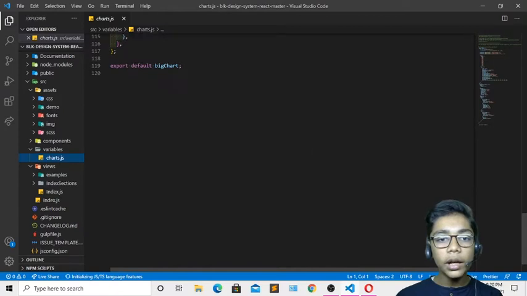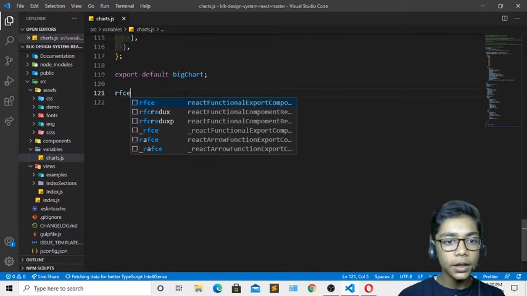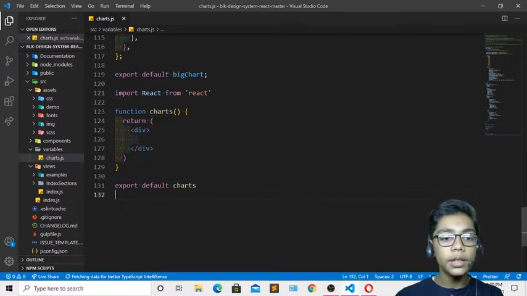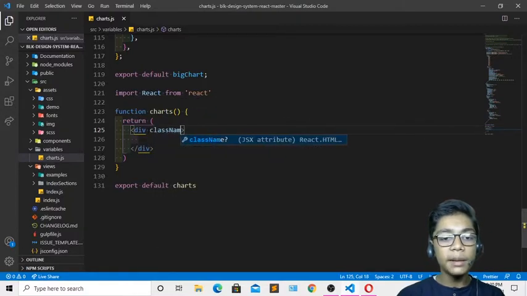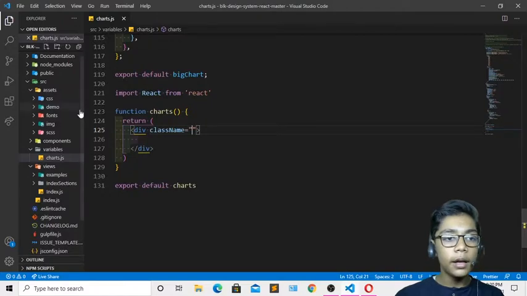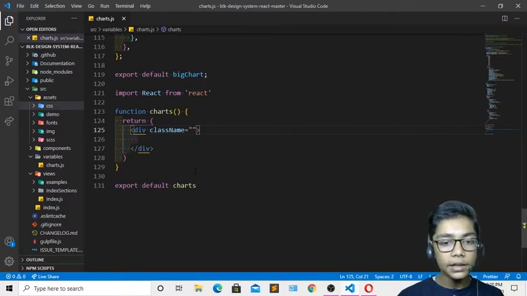Then I will be going to the last line and first of all I'll zoom in, then I will be creating RFC, press enter, and you can see the RFC has been generated. Now I'll be coming in this div and making a class name, because with this class name I will also be styling it in this css folder which we are having, you can see that. We'll be writing all the css in that. So first of all you have to make your class name, which will be called charts. So I'll be writing that.